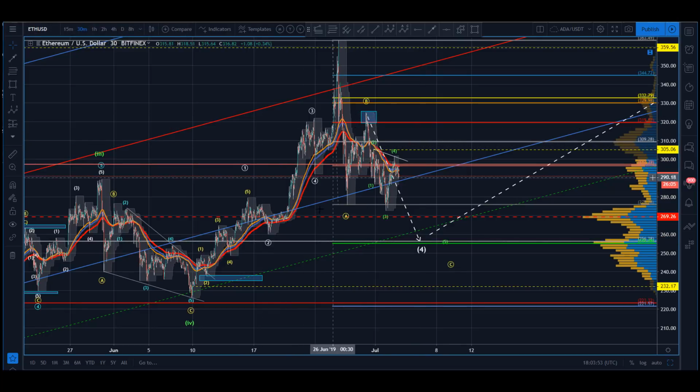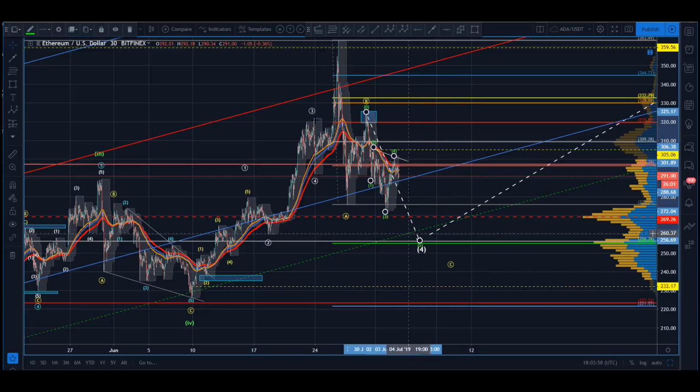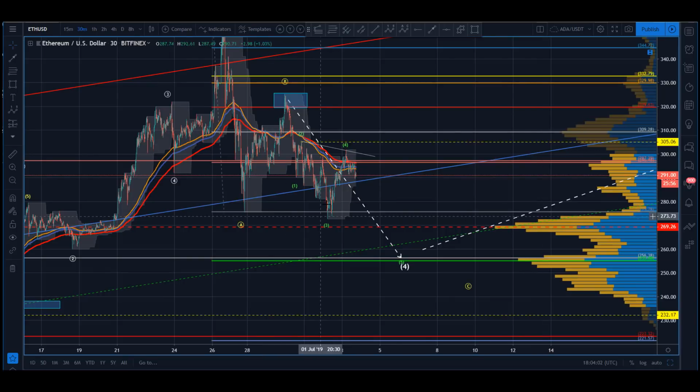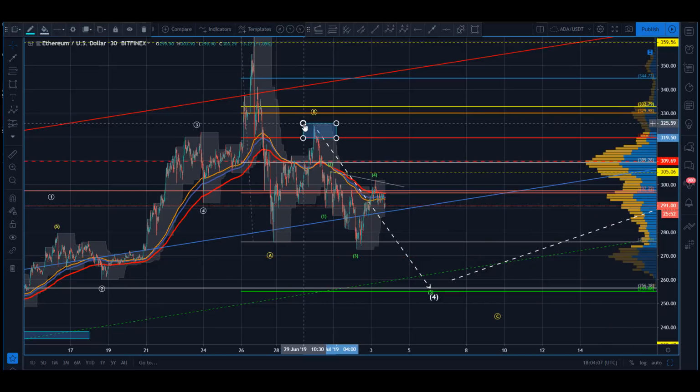Now, that said, the move off of this has not been what you'd hope for to get clarity. So if I open that up a little bit more, what do we have here? Now, I looked at a number of different ways we could consider counting this, and there's nothing that's particularly